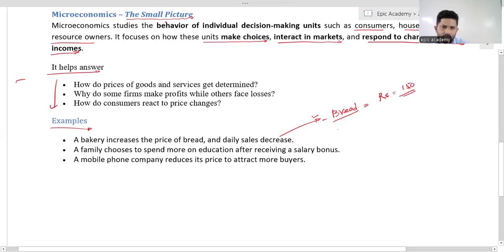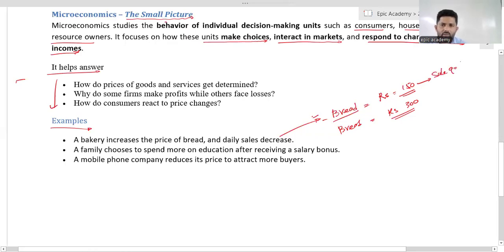But suddenly, the bakery owner who produced that bread increased the price of bread to 300 rupees. But earlier, when the price of one bread was 150, the selling quantity